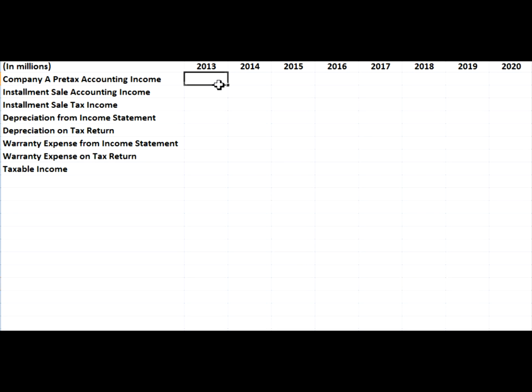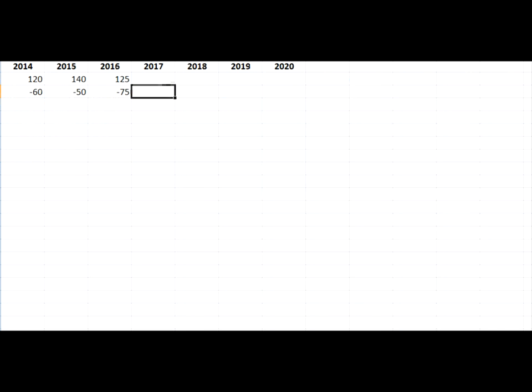So what we'll begin doing is just simply enter information into our spreadsheet so that we can create our journal entries. So for 2013, they had $100 million income. It was 120 for 14, 140 for 15, and 125 for 16. We had installment sale accounting income of 55 million, 60 million, 50 million, and 75 million for 2016. I do want to go over and do a little side worksheet just to calculate the